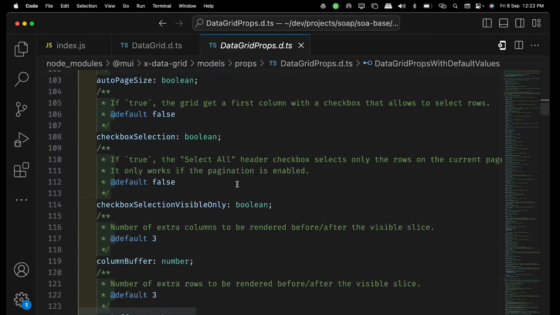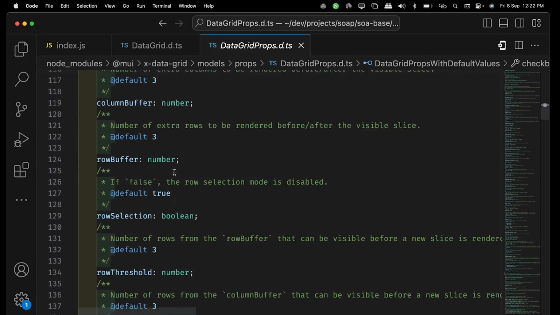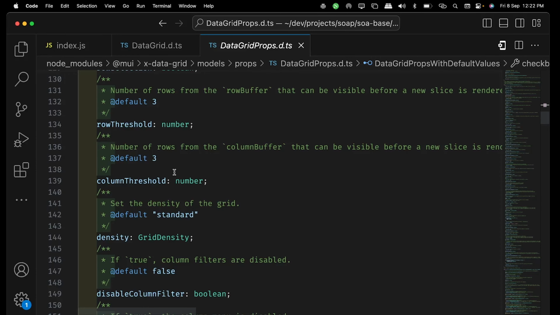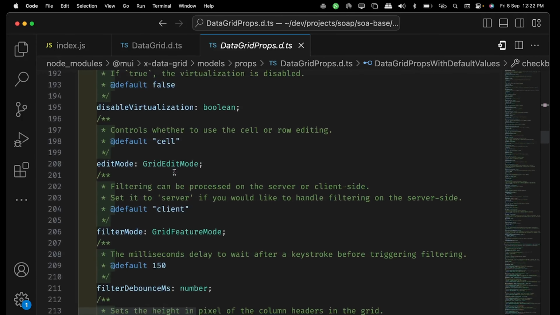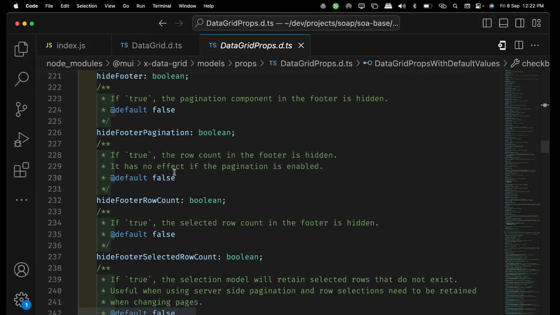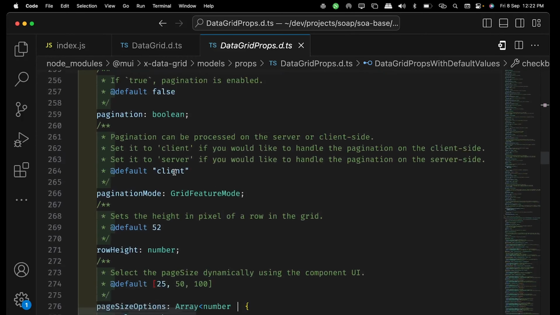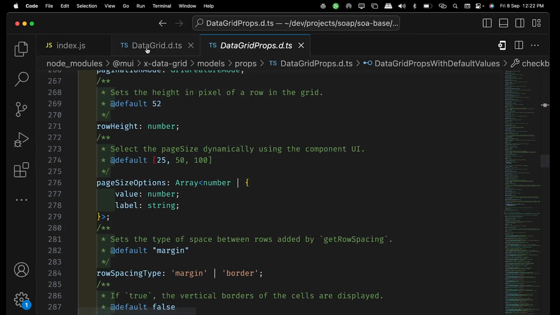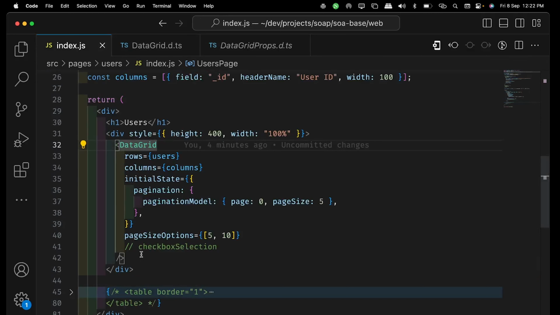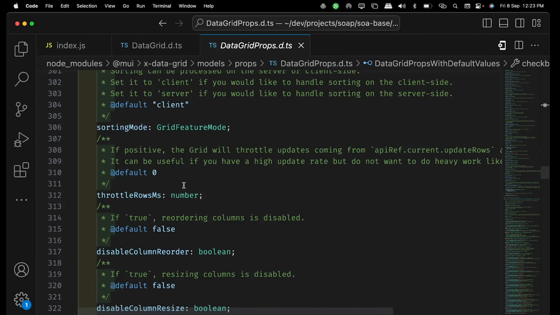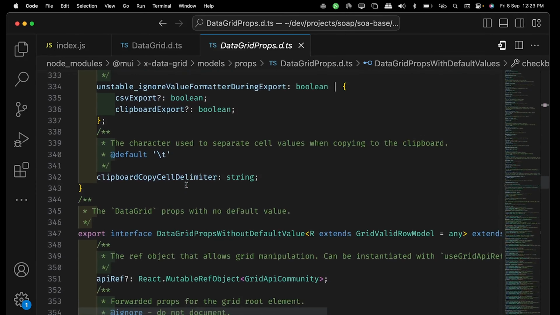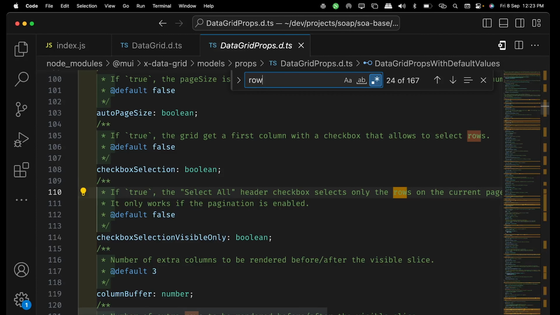Auto height, auto page size, checkbox selection. So these are things that we have seen already. Now there should be something related to the ID that we are looking for. There are so many other properties. Now we'll try to see row height. The only clue which I have right now is checkbox selection, page size options, initial state, columns, rows. Based on that only, we are going further. There are so many things here. Maybe we can try to see row ID,